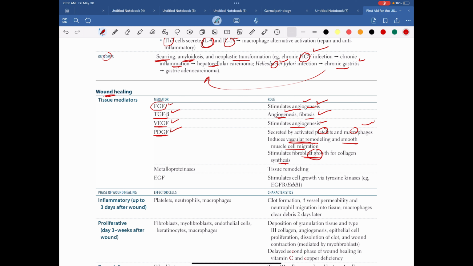Then after that we have the metalloproteinases. They help in tissue remodeling. We have the epidermal growth factor. It stimulates cell growth via tyrosine kinase. So they can ask you how epidermal growth factor stimulates cell growth. It stimulates cell growth with the help of tyrosine kinase receptors, like the epidermal growth factor receptor or ERBB1. So these are examples of tyrosine kinases which stimulate cell growth. Please keep all these things in mind because these are the important things which they can ask you